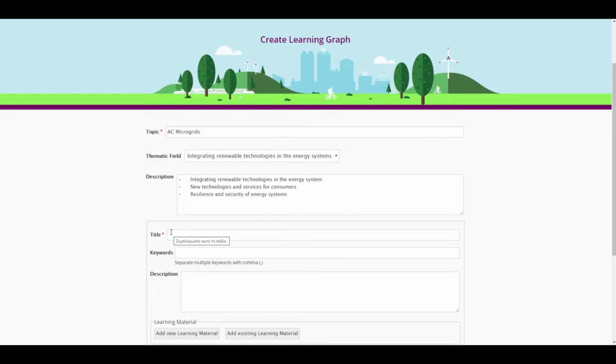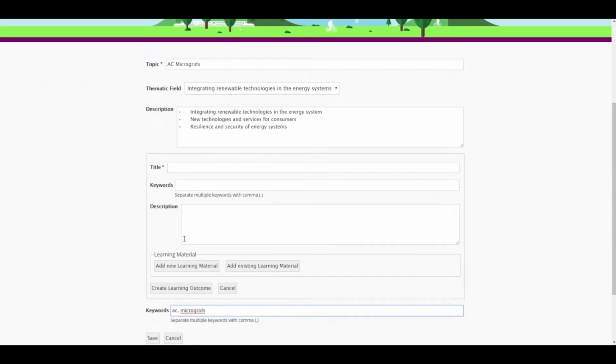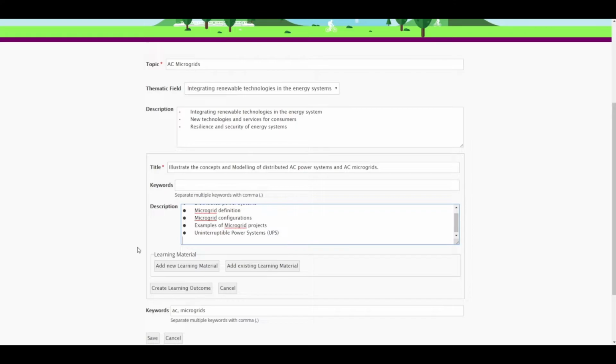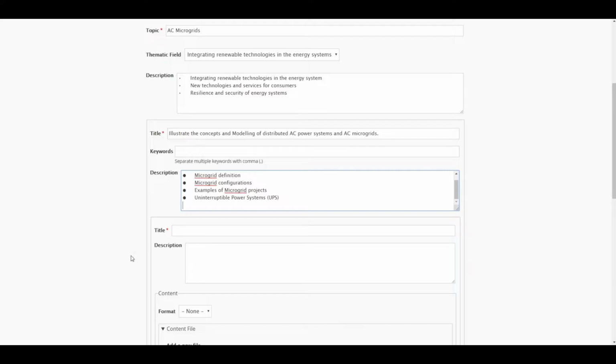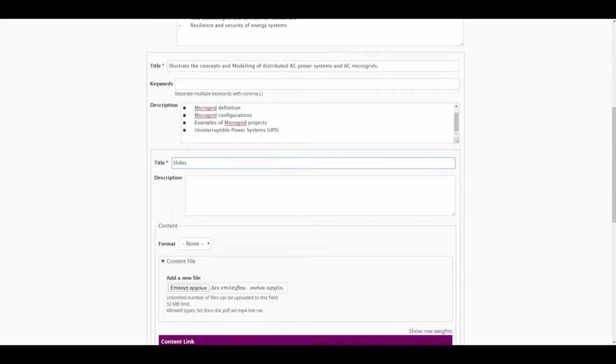Now let's place some learning outcomes in our graph. Let's say this one with description, and now this outcome has a material with the name slides, description,